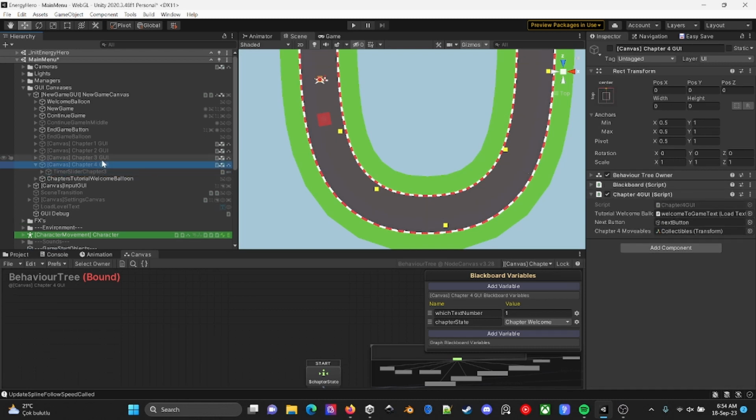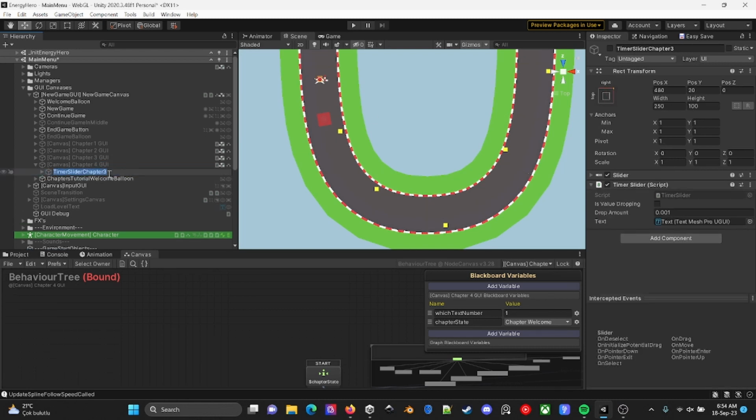Yes, this is the slider. Let's call it heat meter, just heat meter, because my other chapters do not consist of any heat meters. And this is the timer slider.